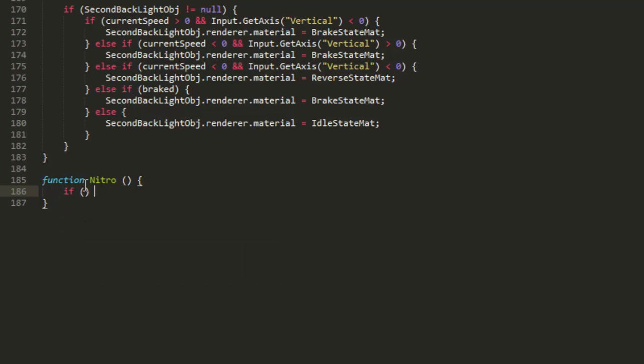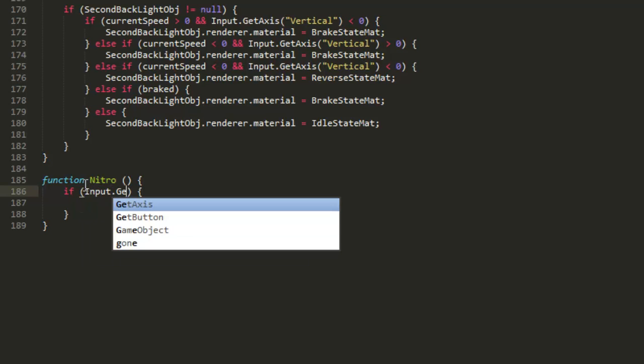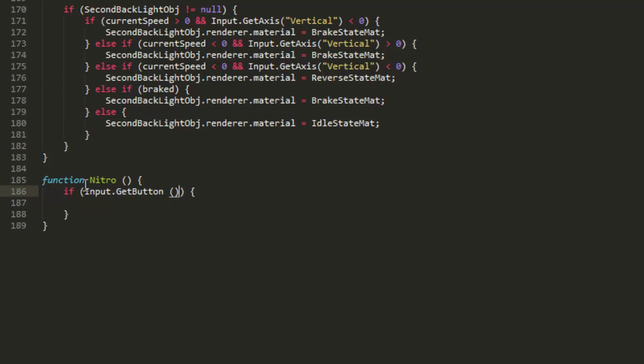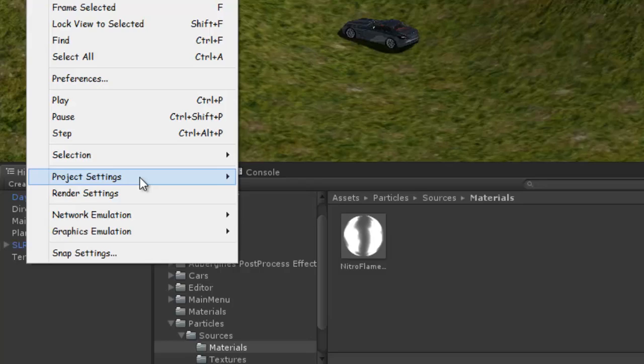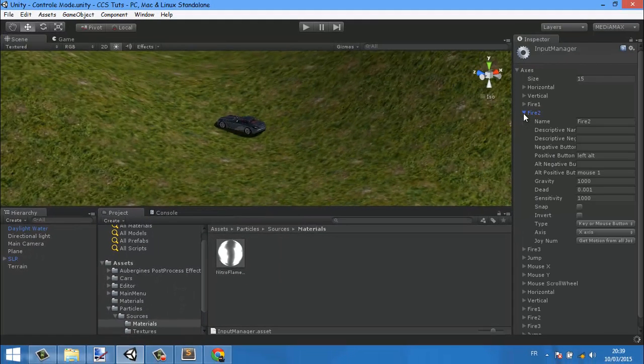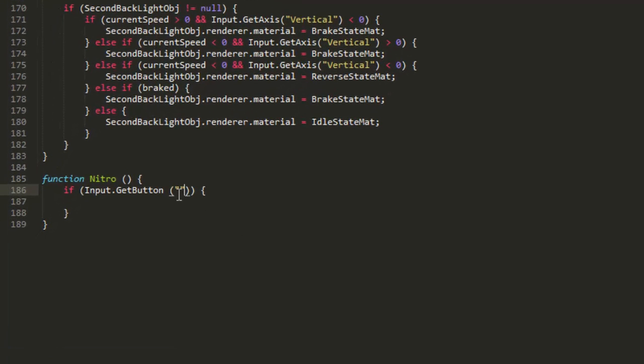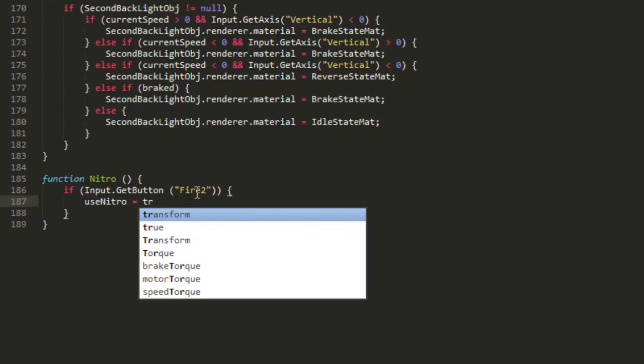if Input.GetButton. Let's choose a button over here. Input on Fire2. If Input.GetButton Fire2, useNitro equal to true,